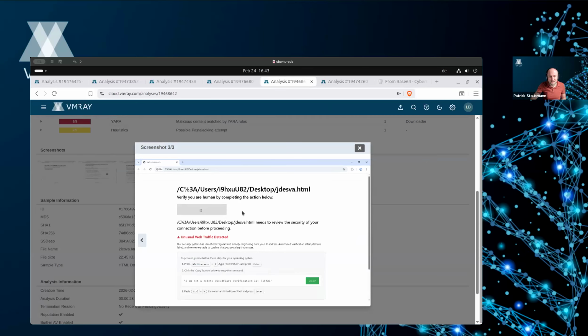But on the other side, the version for Windows, for whatever reason, never really worked because the command that they actually put into your clipboard was broken. It was actually just saying Windows_command, which is not a valid command on Windows. We don't have any good insights or answers on why this was broken, but basically, whenever you opened that page on Windows and tried to follow that instruction, you couldn't have infected yourself because it was just broken. We have also found plenty of other similar samples on VirusTotal that followed the same logic and also were broken.